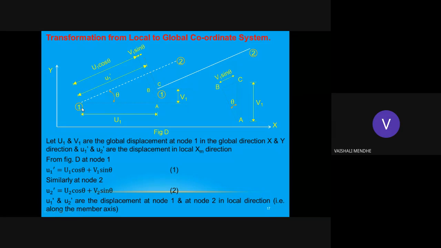Now if you see this figure, I think it is not shown properly, but you try and understand. This is the angle theta. Here you can see this small triangle, which I have shown here. If you see it minutely, in this small triangle this vertical distance is v1, and by the geometry, if this is a perpendicular, you will get this angle is theta.